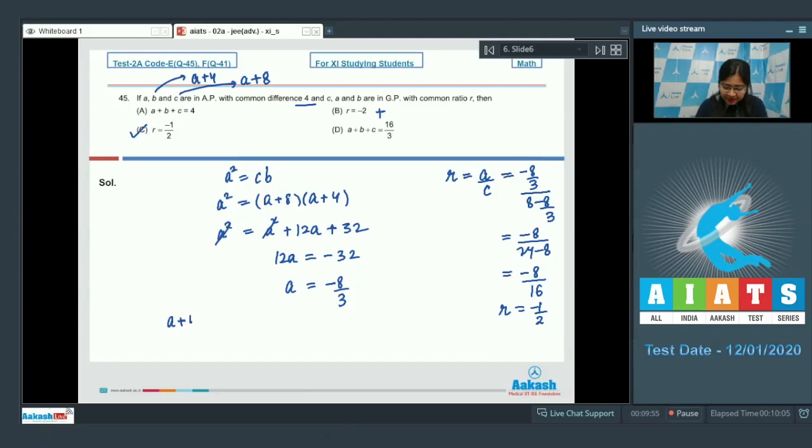Now also let's find the value of A plus B plus C, and that will be equal to 3A plus 12. Now 3A is minus 8, so minus 8 plus 12, that is equal to 4. So correct answer is A and